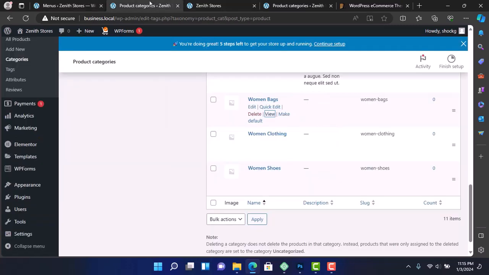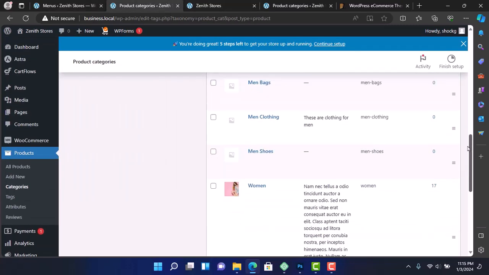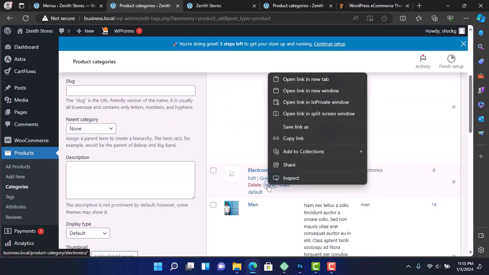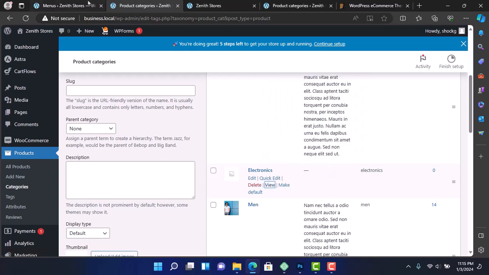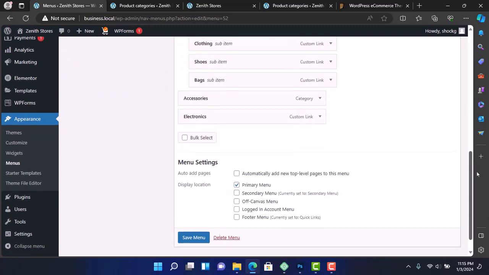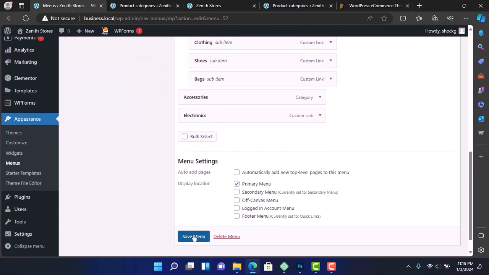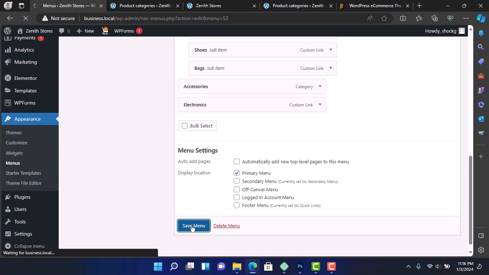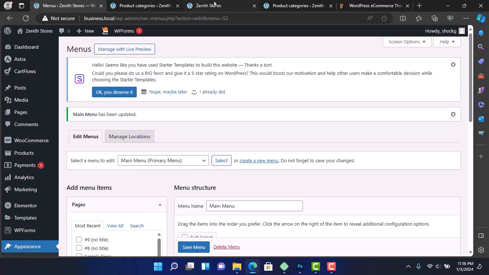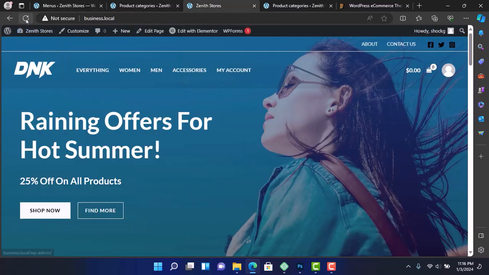So I'm going to go and copy the link for electronics. So here, right here, we have it. So copy the link, go back and put that right here, add to menu. And if I save the menu, now let's go back to our front end. So if I refresh the front end,